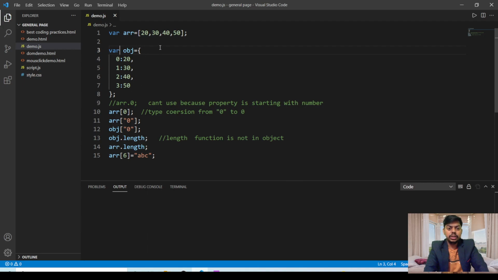So this is somewhat similar to this array and object, but there is a little difference between the properties of arrays and objects, as arrays are specially made for storing values, so they will surely have more properties than objects. For example,